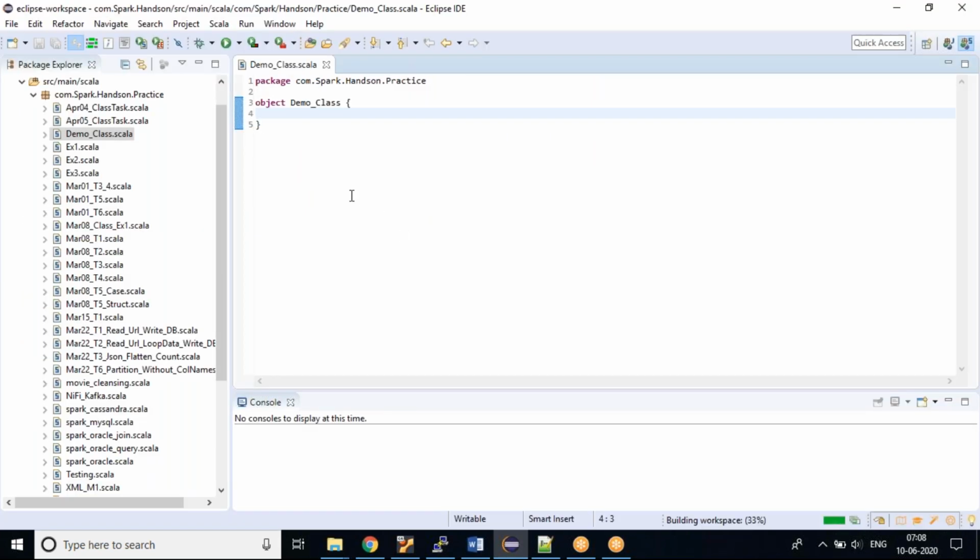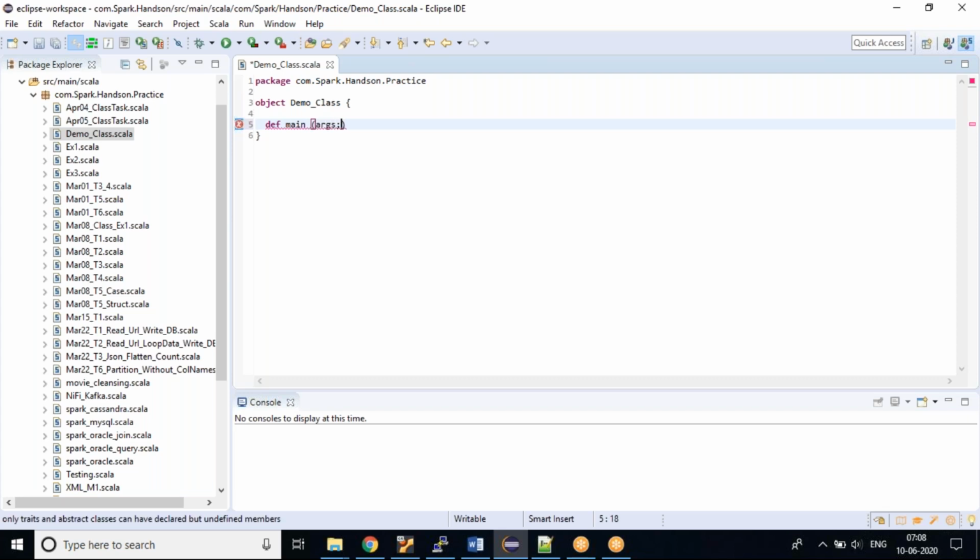Whenever we start coding, there is always a main method, and objects or classes we write. So here I'll be starting with a main method. Here in Scala, everything is an object. So that's what we need to take care of. Let's start writing that as well. I'll just create a main method, and that will take args, an array of string.